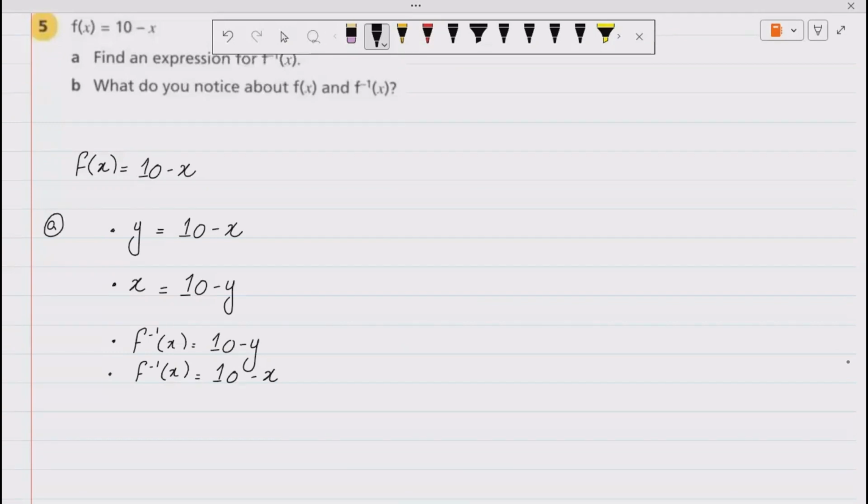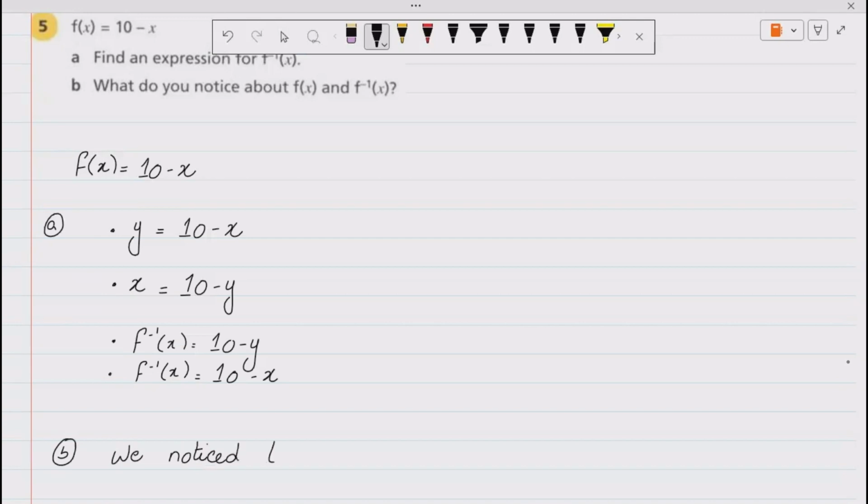Okay, now we have f inverse of x, and this f inverse of x is nothing but 10 minus x. So you can see that we now have f inverse of x equals 10 minus x, and again f of x is 10 minus x. What do you notice about f of x and f inverse of x? So in part B, we can say we noticed